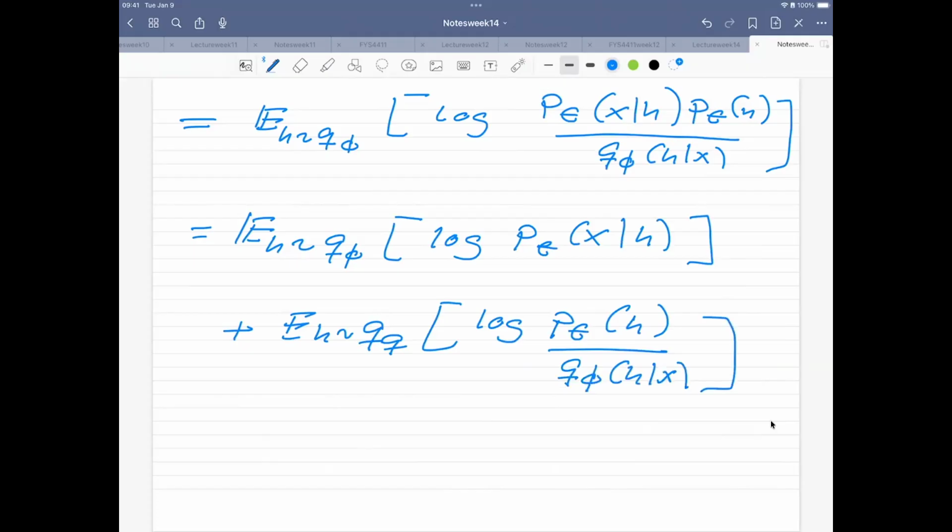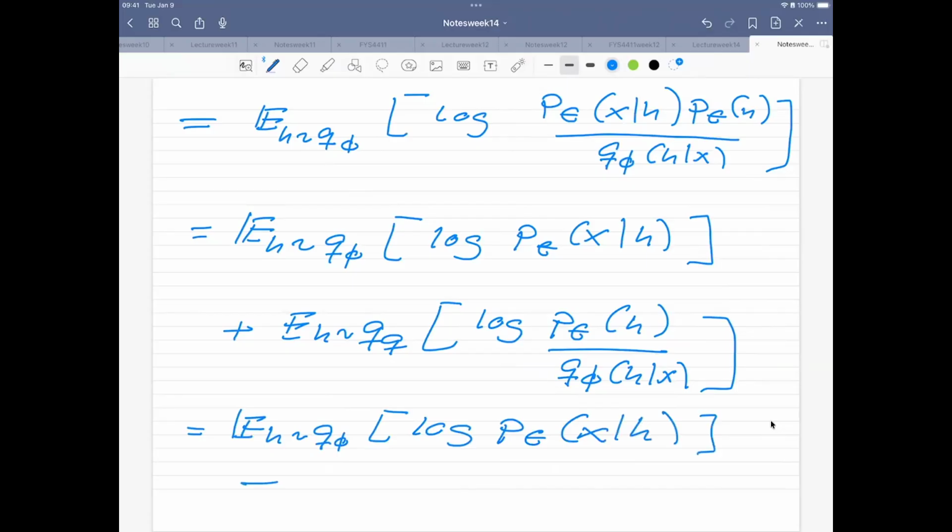So the first term is something which is normally called the reconstruction term. And we can rewrite the last term, if we now interchange the numerator and the denominator, we get a minus sign. And then that is something which we can rewrite as a Kullback-Leibler divergence. So we will have the first term, which is the expectation over Q of phi, called a reconstruction term, of P theta of x given h,